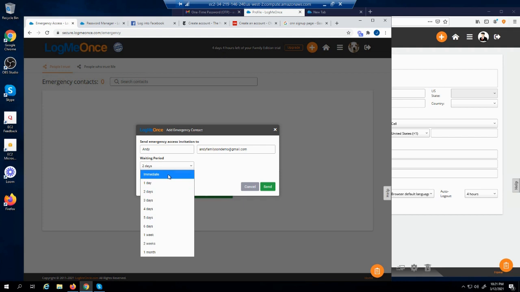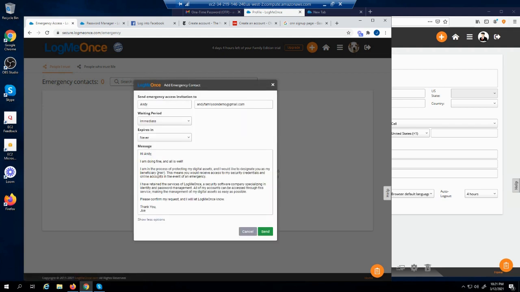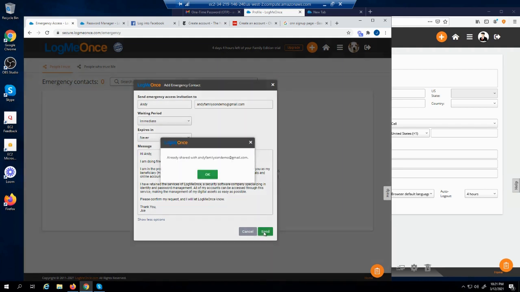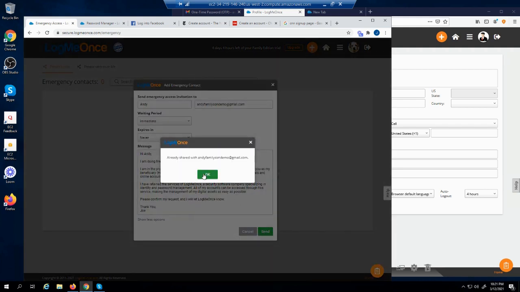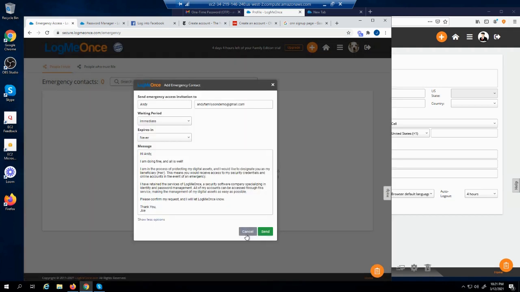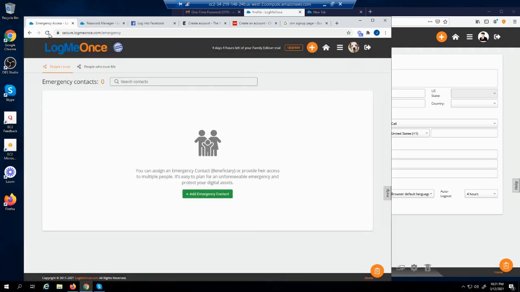Or I can immediately give him access, or I can increase this timeout. I will leave it to you to decide how you want to do that. In this example, I want to select immediately, so they will have immediate access. If I click on show more option, it shows the details of the email that we are sending to Andy on behalf of Joe. So let's click on send, and now this Andy emergency is set up. It has gone to Andy. So let me